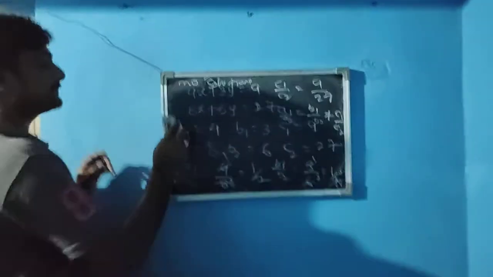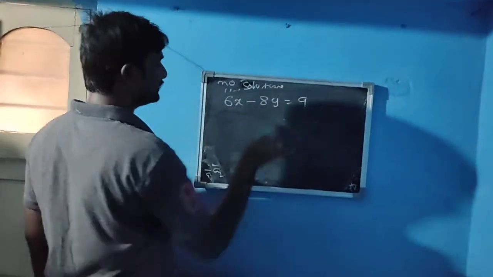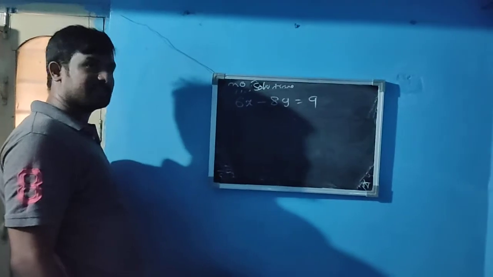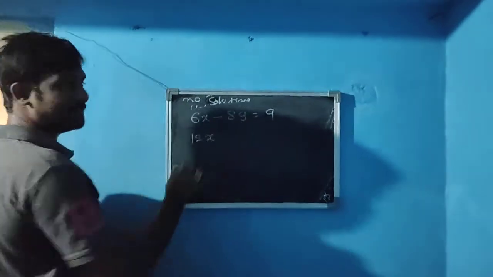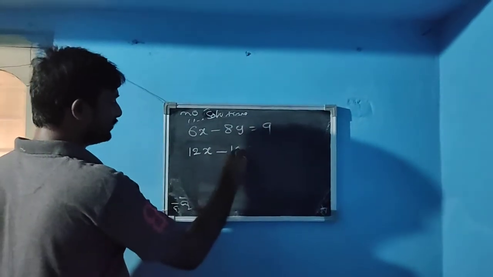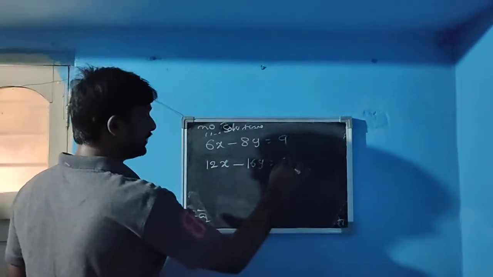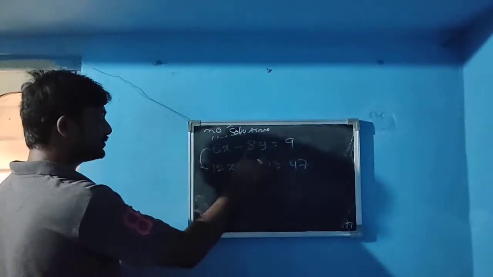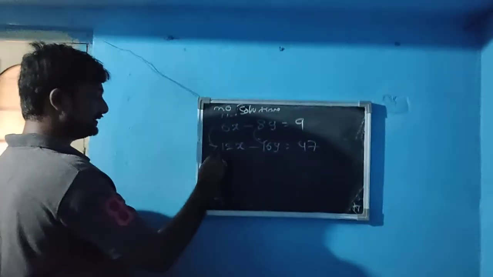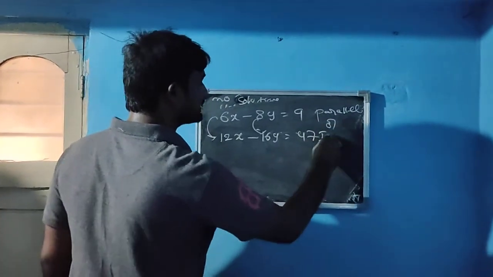So you can write at least 4 examples of parallel lines. How to write a parallel lines example? Suppose I write 6x minus 8y is equal to 9. You know, 6 ones are 6, 6 twos are 12. So 12x. Here 8 ones are 8, 8 twos are 16y. But on this one write a different number except 9, suppose 47. So here 6 twos are 12, 8 twos are 16. So these two are which lines? Parallel lines. One more name? Inconsistent lines.